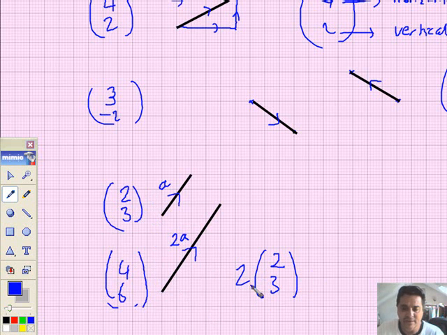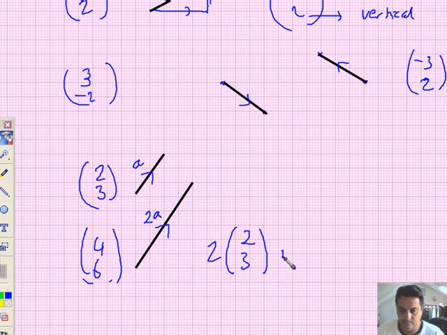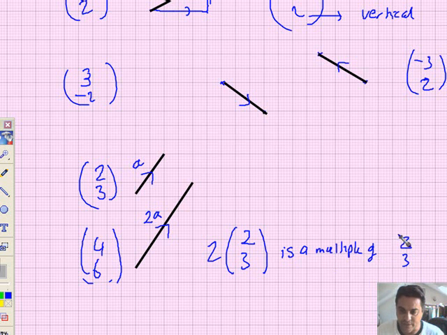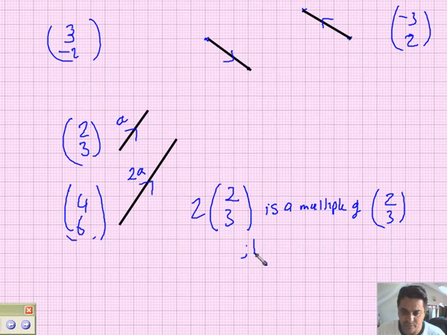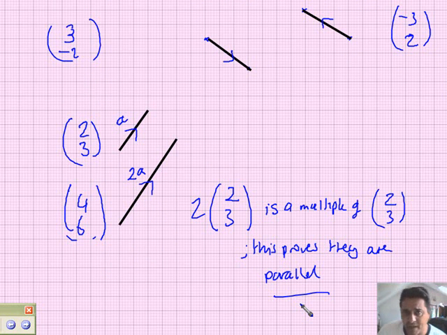So the vector 2, 3 is a multiple of 2, 3 itself. What's the best word to use? Yeah, a multiple. This proves they are parallel. Alright, so in terms of are they parallel, aren't they parallel, if there is a common element